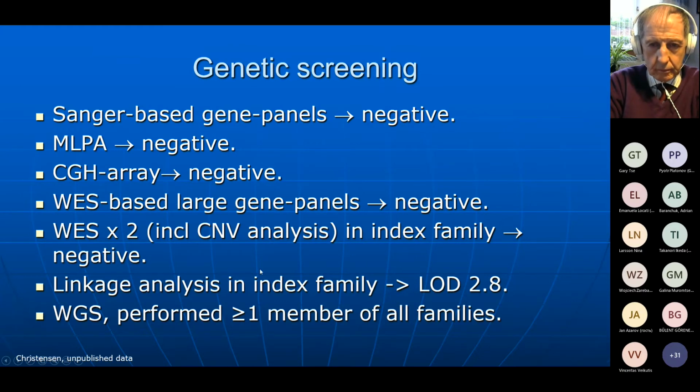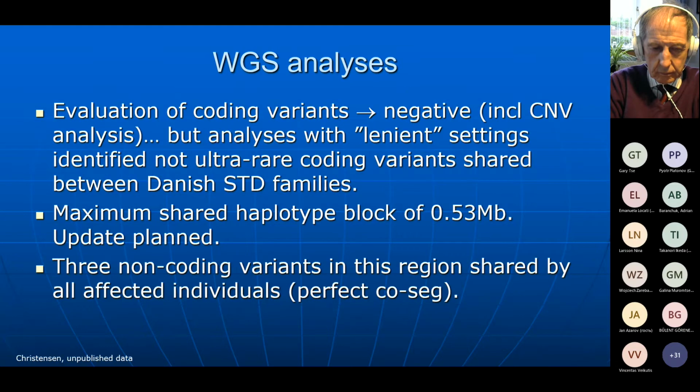LOD score of 2.8. And the last thing we've performed is whole genome sequencing, where we started off in the index family. We actually started out looking at protein altering variants in the whole genome sequencing, because exome data can have various kinds of issues with coverage and the areas that are not covered well by the exome capture kits. So what we looked at in the WGS data was actually the coding variants first, didn't find anything, tried more lenient settings so that the variants didn't have to be that rare, and nothing really came up that was very